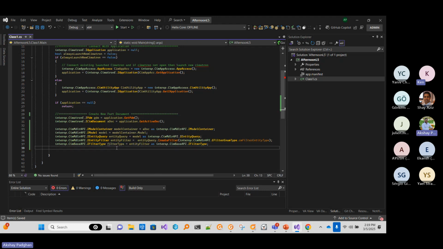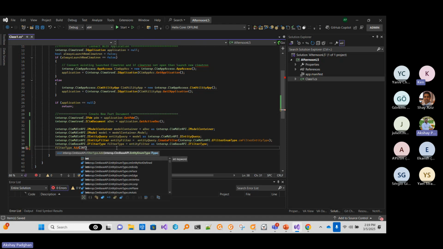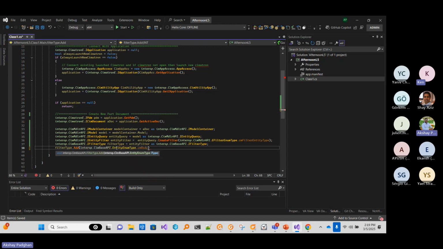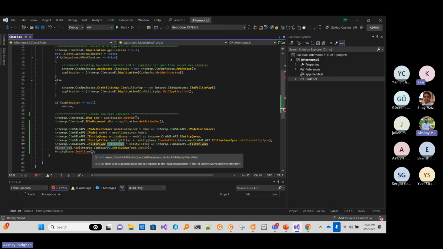Okay, then we have to specify which kind of entity we are interested in. So we can add an entity type. So let me get the body entity. And to get that, we have to add this filter into the query. I think set filter is the function. Yes, set filter. We are going to set this filter to the query, and